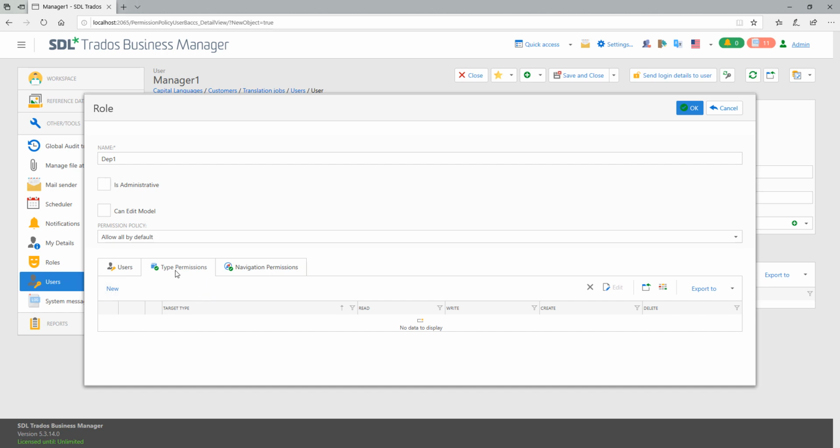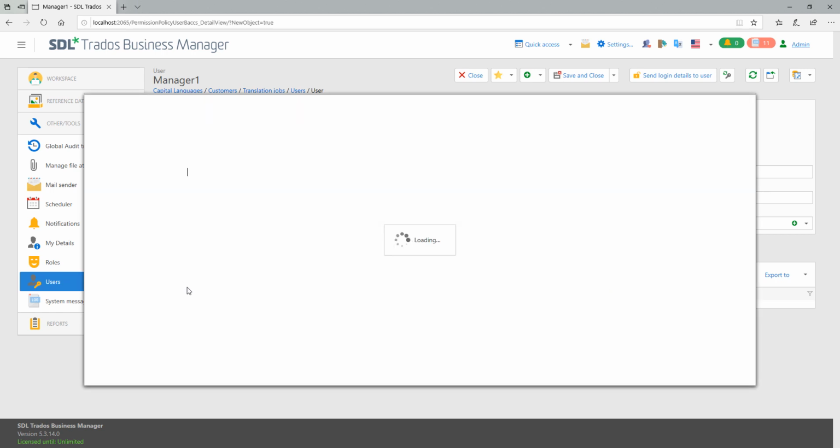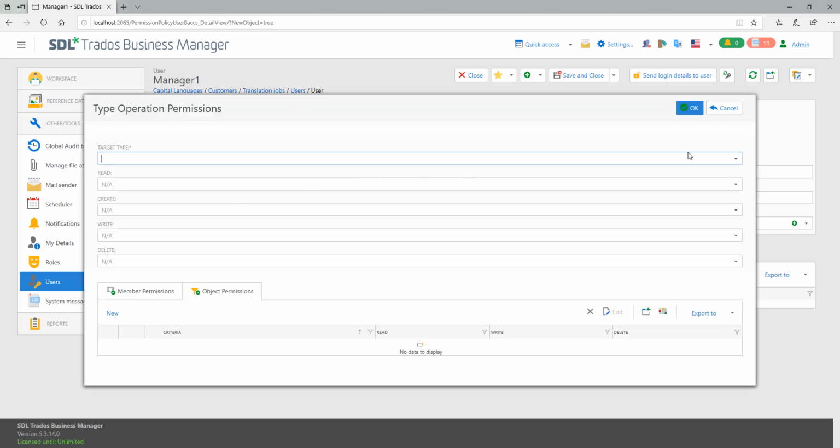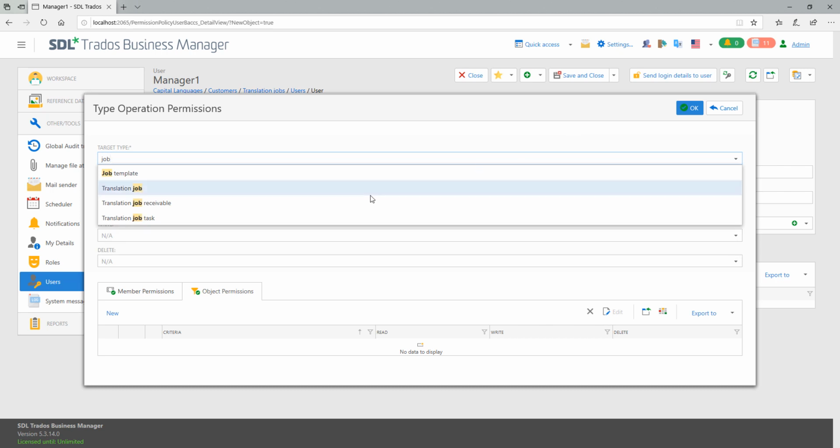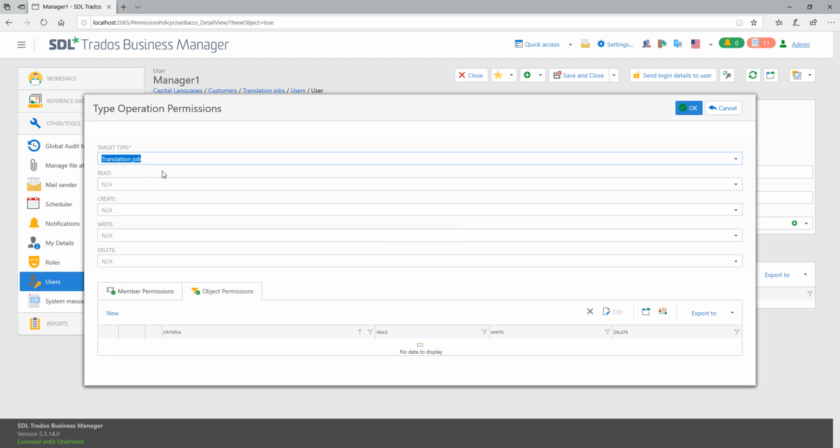for these users. So in type permissions, I click the new button to create a new type permission, and let's say we want to restrict access to, for example, projects or jobs. Let me take jobs for this example, but in real life, you will need to define some criteria not only for jobs but for projects as well, and this process could be